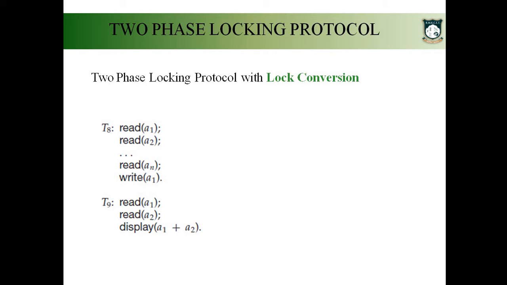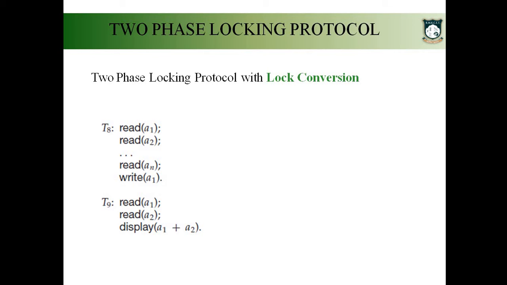To avoid this, since we are reading the value in the beginning and updating only at the end, we can lock the data item in shared mode initially, and whenever you are going to update A, whenever you are going to write A, at that time we can convert it into exclusive mode. That is what we refer to as upgrade. Initially you lock it in shared mode, and whenever there is a need to write the data item, you upgrade the mode. Upgrade means changing the mode from shared mode to exclusive mode.